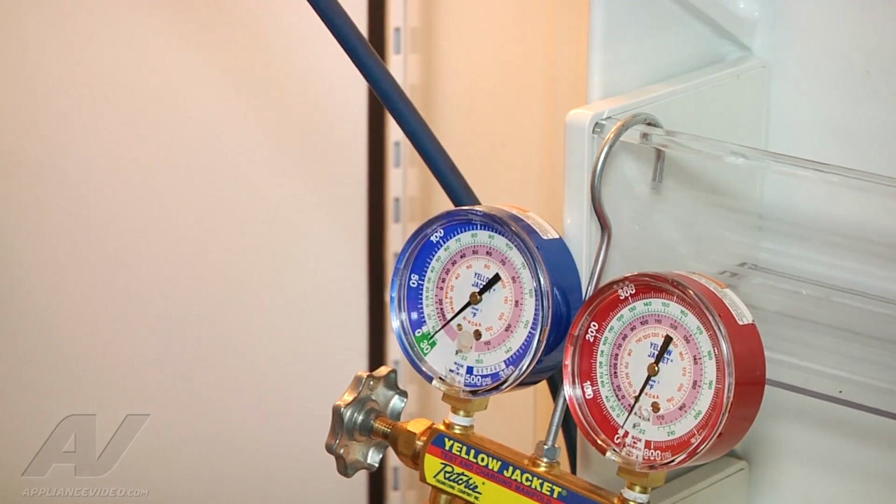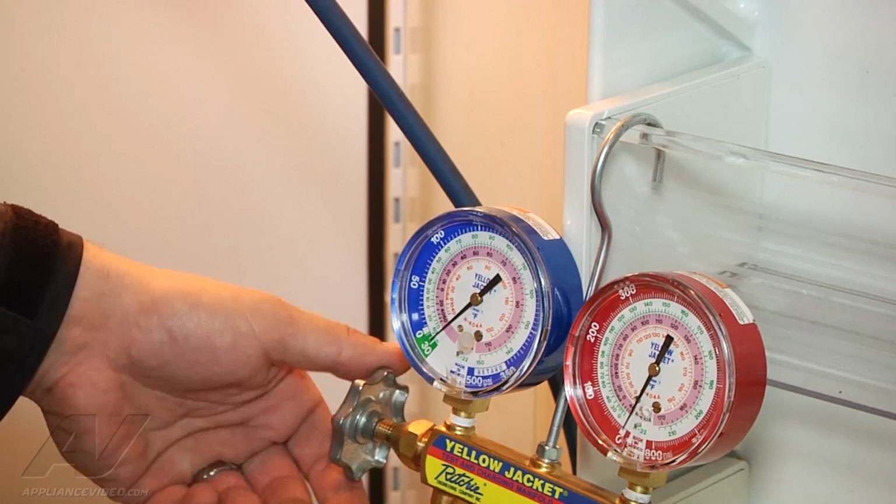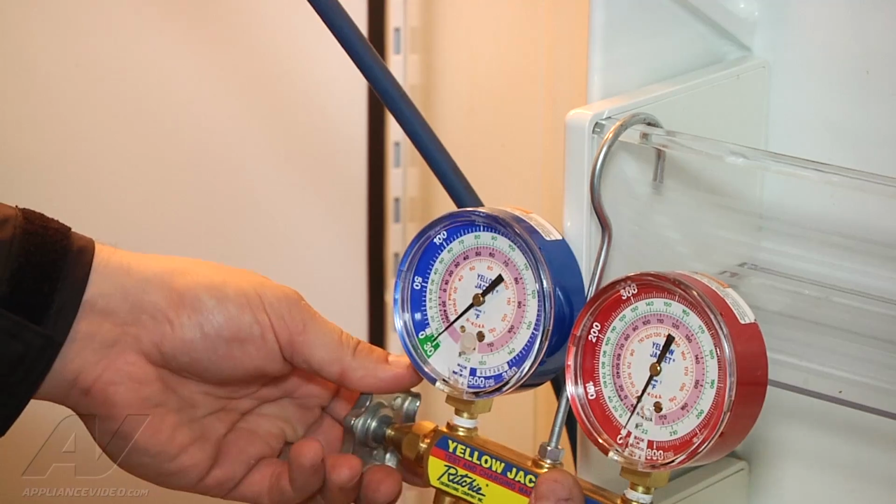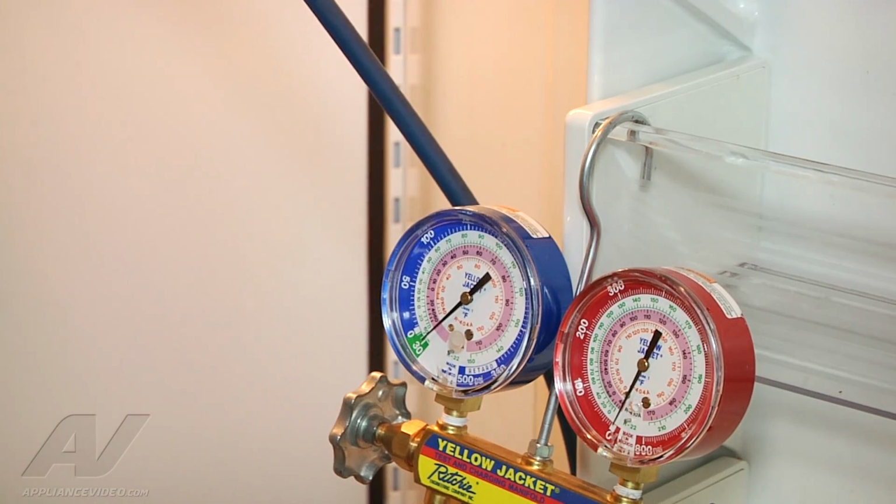Okay, right now I'm going to shut off my gauges. That's basically going to create a sealed system with my refrigerator. So I shut that off there. I can turn off my reclaimer at this point. And basically we're just monitoring to make sure that it stays around that same mark where it's at